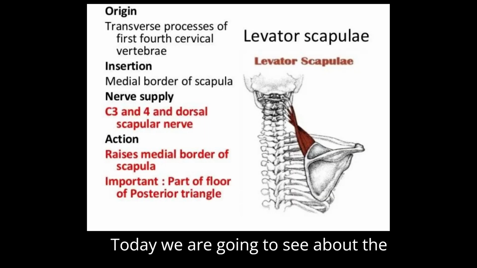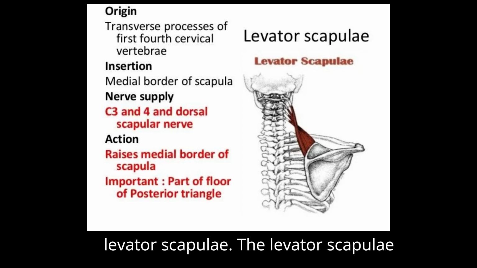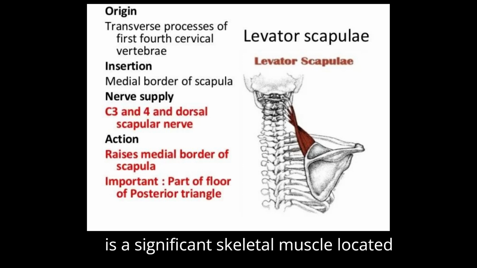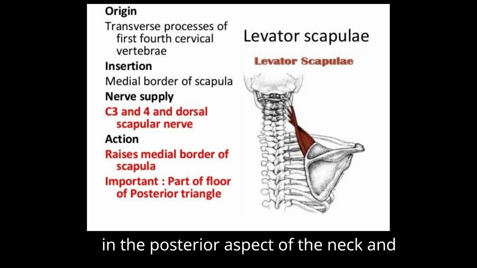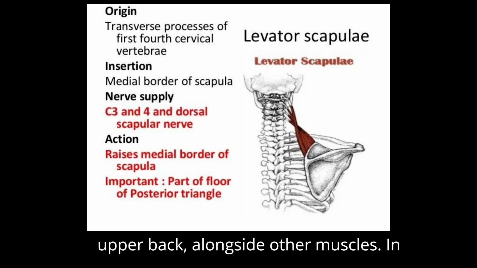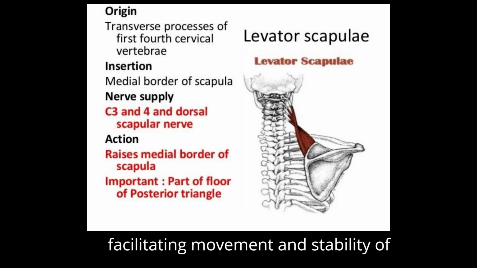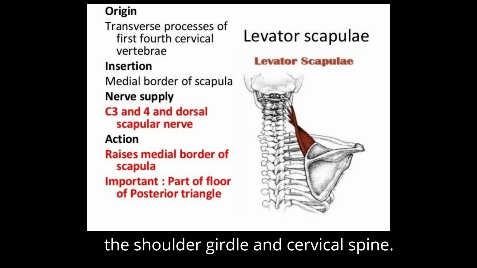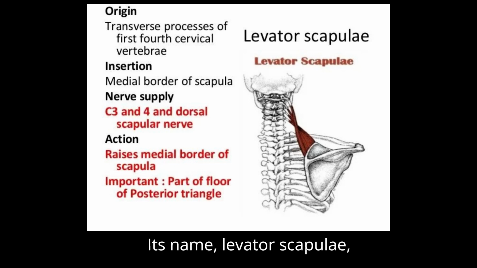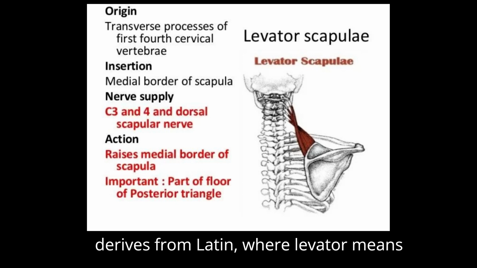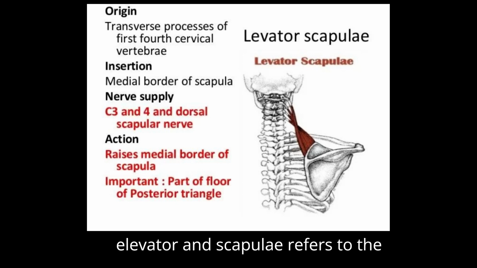Today we are going to see about the levator scapulae. The levator scapulae is a significant skeletal muscle located in the posterior aspect of the neck and upper back. Alongside other muscles in this region, it plays a crucial role in facilitating movement and stability of the shoulder girdle and cervical spine. Its name, levator scapulae, derives from Latin, where levator means elevator and scapulae refers to the scapula